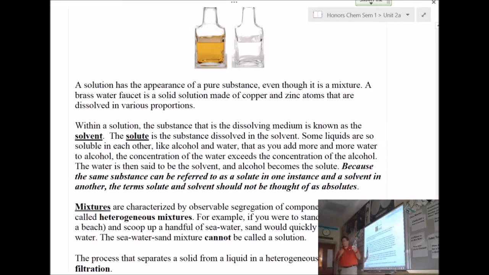In other words, we like water quite a bit because most of the things that we eat are water soluble. We don't eat marbles and rocks. Hopefully you don't. If you do, then it's going to be a loud day tomorrow for you. So don't do that, because the body doesn't want that.